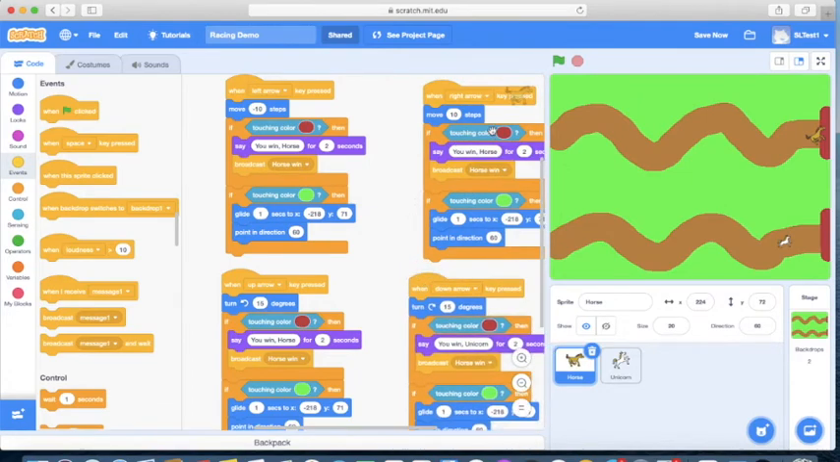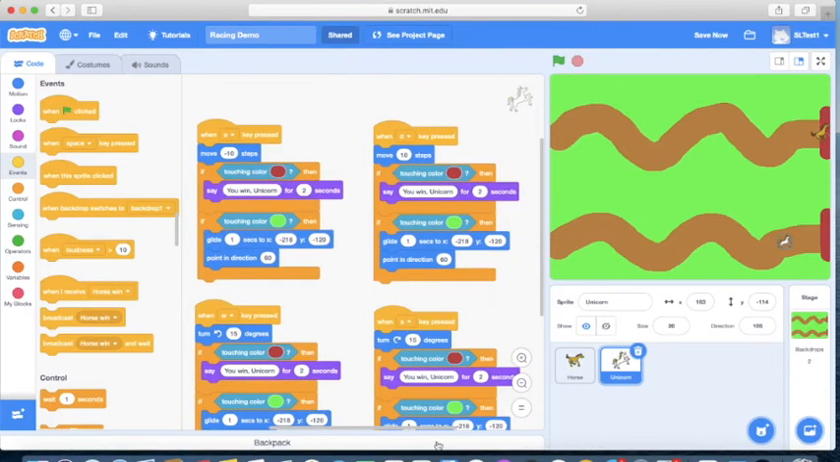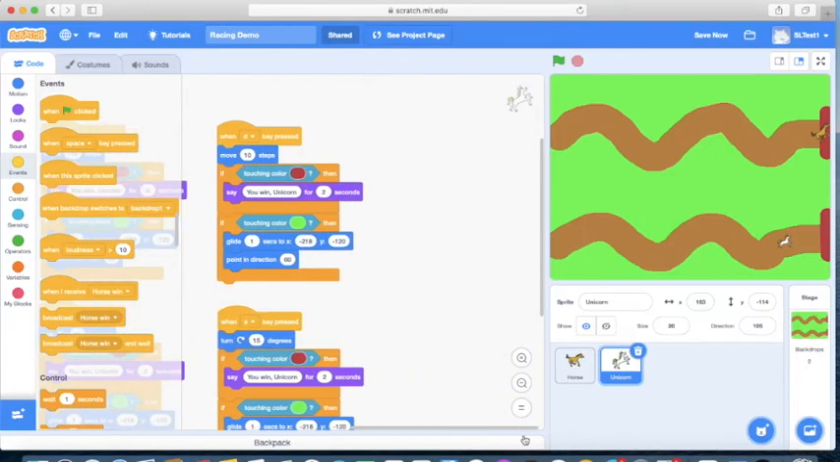So when touching that color red, it's going to send a message which is horse win. Now at the moment nothing happens because the unicorn is not receiving that message. There is no point me sending you an email or posting you a letter if you do not receive it. If you do not receive it, you cannot do anything. So we're going to say when I receive horse win. So when the unicorn receives horse win, now the easiest thing to do is to click looks